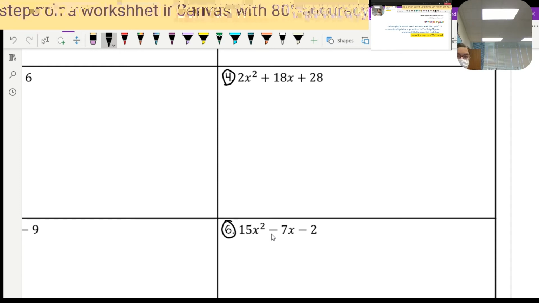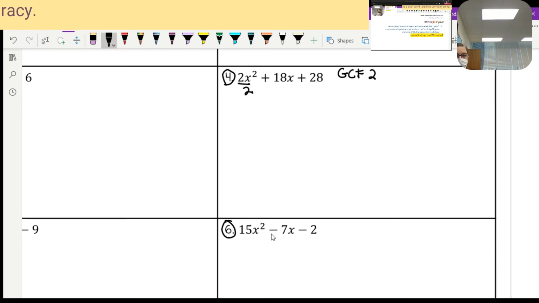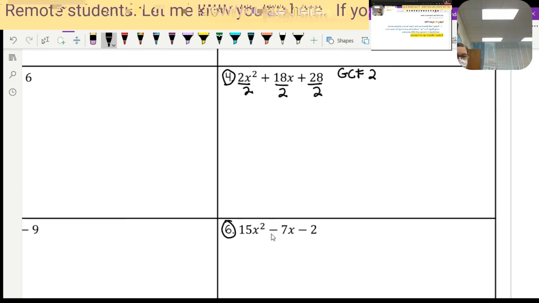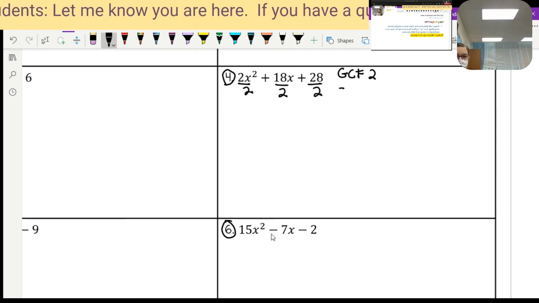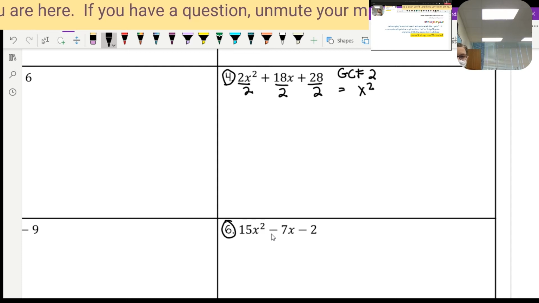There are even numbers in every single term, so we can factor out a 2. Okay, so our greatest common factor is going to be 2, right? So I'm going to divide each term by 2. Since I didn't list out all the factors, I can't use that shortcut that we used yesterday, but you could still do that if you prefer. Okay, so if I divide it all out, I'm going to get x squared